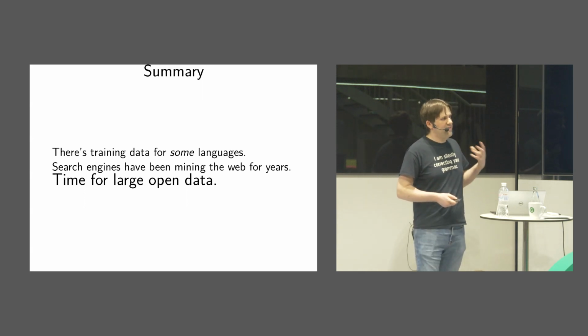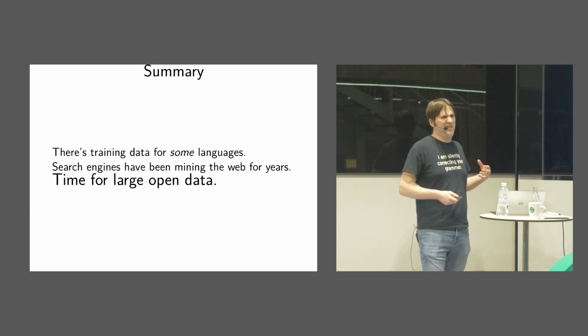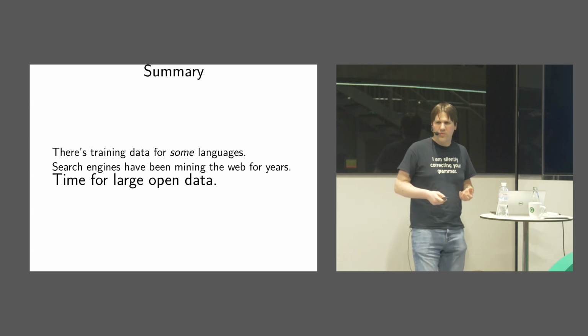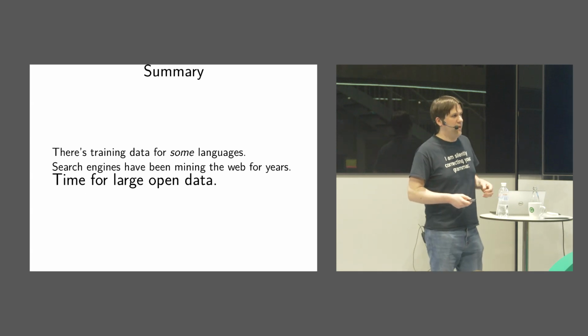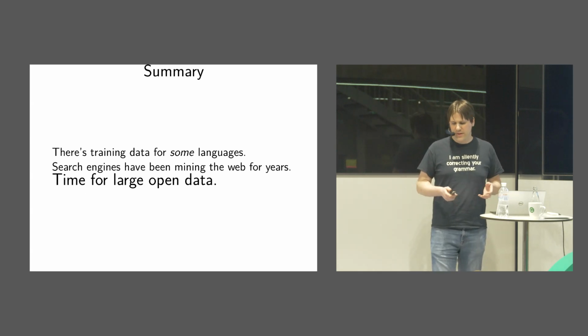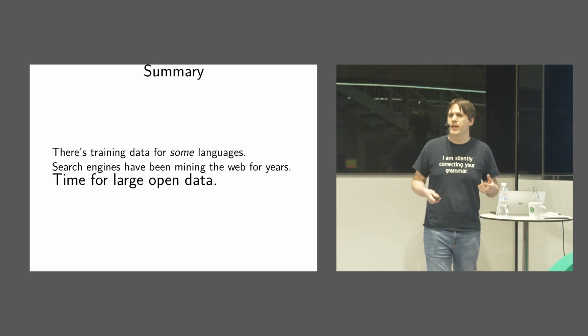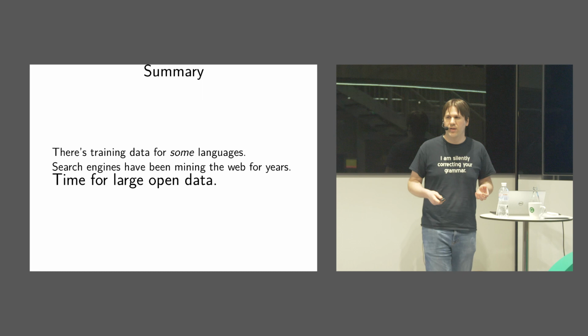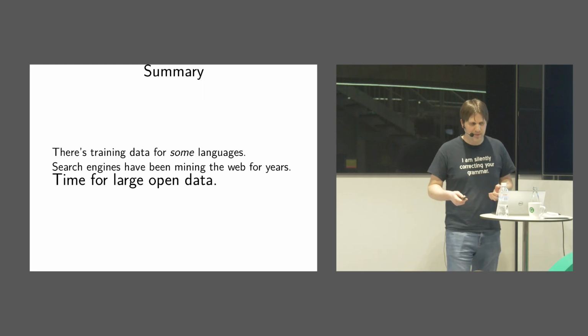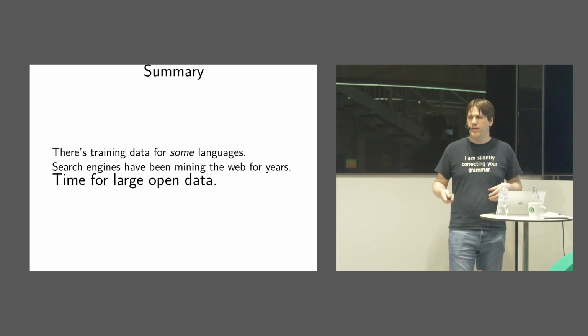And this project is not necessarily new per se. Web companies have been doing it forever, or at least since 2010. And the real difference here is that it's open, and it's time that research groups be able to compete with large search engines in terms of the amount of data that they have available to train their systems. But Google can use it too. It's Creative Commons 0.